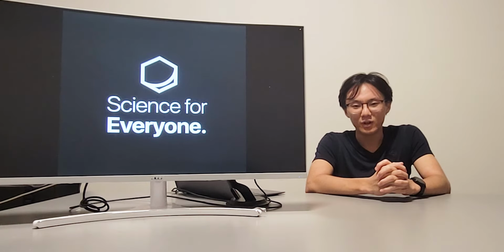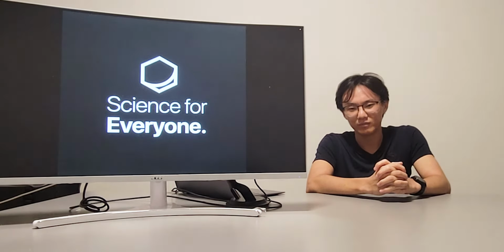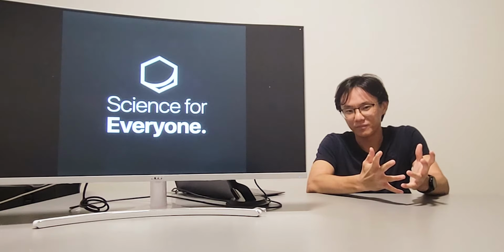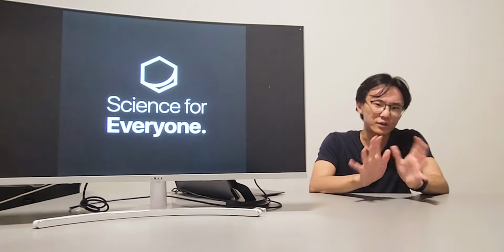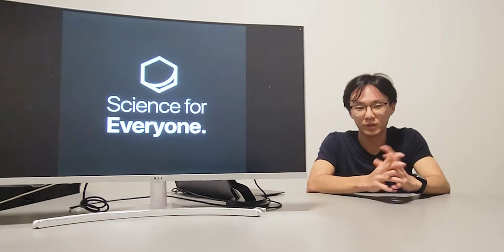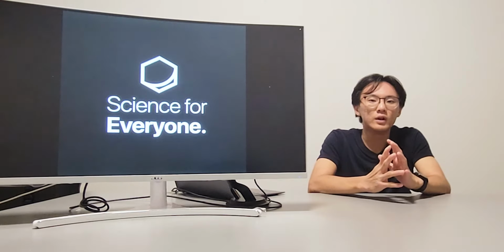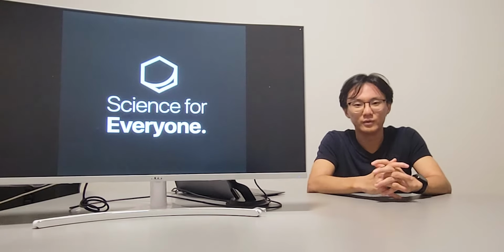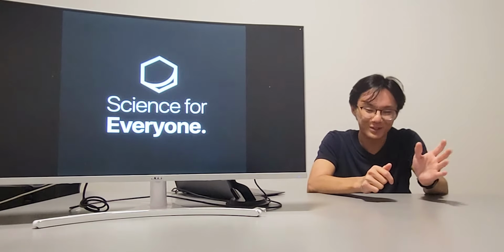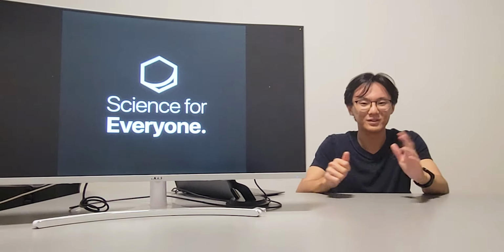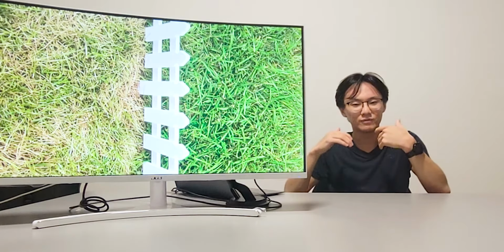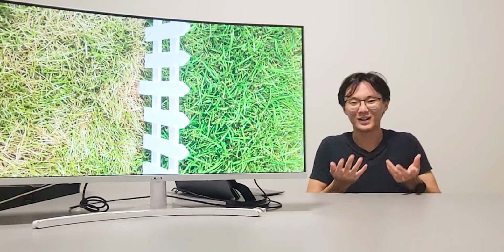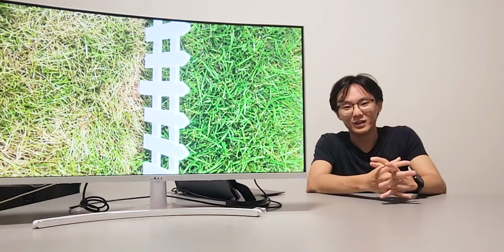We may learn a lot about the scientific method, but why do we have to use it all the time? For example, let's say we are curious about a particular inquiry question. We want to know if the grass is truly greener on the other side. Now, we could simply do this experiment by using our eyes and looking at the other side of the lawn on one side of the fence versus the other, and we can simply observe, yeah, it seems like the grass is truly greener on one side versus the other.